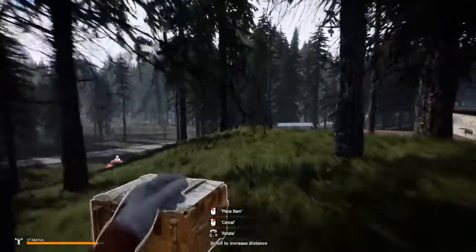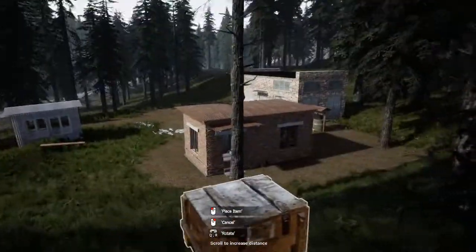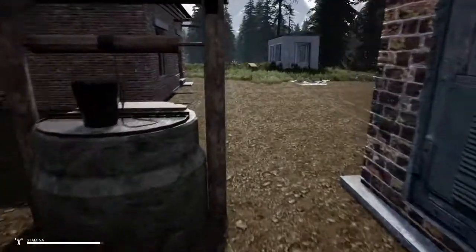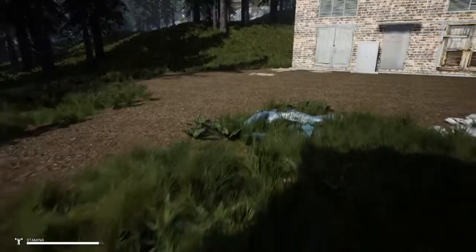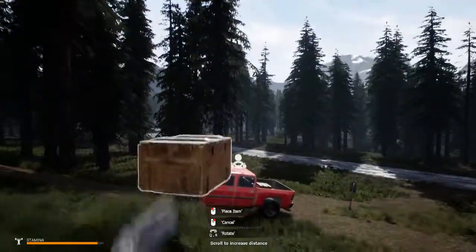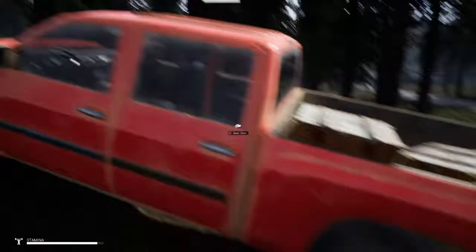Alright, I'm gonna go down and collect what's in this little area as well. I don't remember if there's much down here. Food, I need food. You can't get in this building as of right now, or at least not that I know of. Hopefully they'll make these buildings that you can't get in actually have something in them eventually, so they're all useful in some way. Got me another box that I can